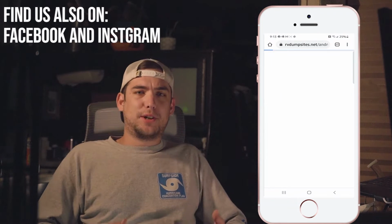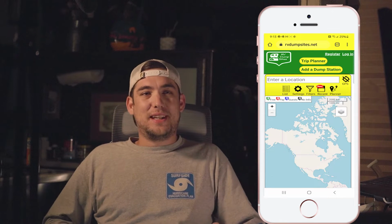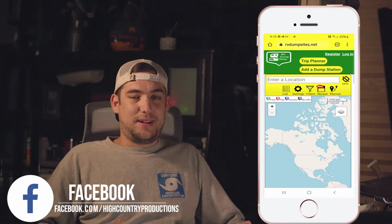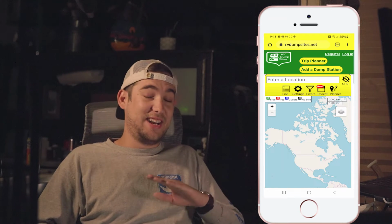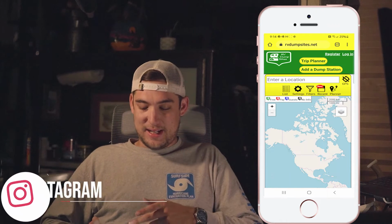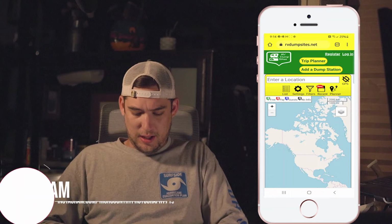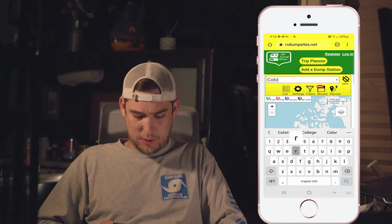Guys, when we're boondocking for an extended period of time, we do have quite large tanks on the Grand Design 376 toy hauler. That being said, any of you that have boondocked and ended up with full tanks, we know that is not fun. RV dump site just helps you find a dump location near you to empty out your tanks. If we take a look here at our current location here in Colorado Springs,